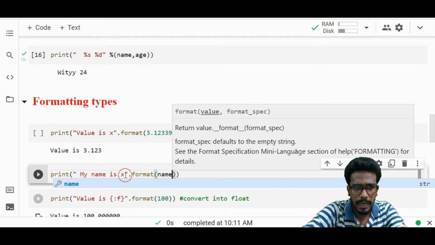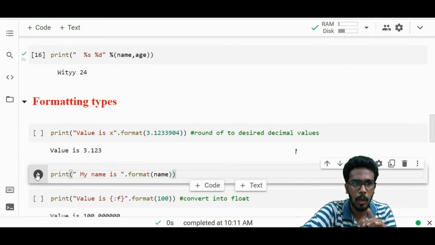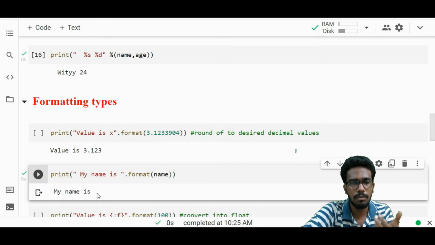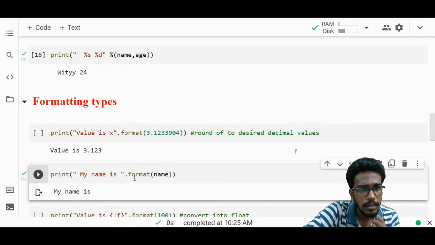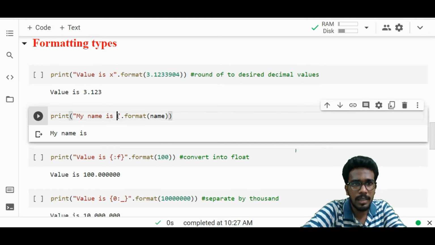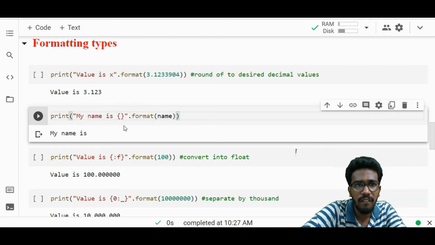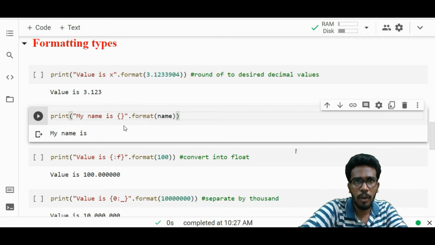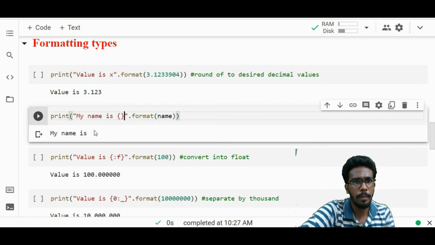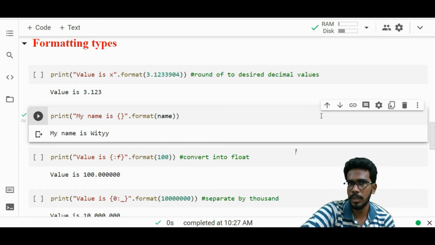Say with double quotes Viti, you can give dot format with double quotes Viti. Or if you have stored that name in any particular variable, you can give the name of that variable. So now I will take this x out. So now my name is, automatically this name will come there. Inside name I have Viti, right? So my name is dot format. Just a minute, I forgot to put the curly braces. Instead of x, we have to use the curly braces symbol. This is what we use to denote a format statement for this particular dot format. Now if you run this code, you will receive my name is Viti.